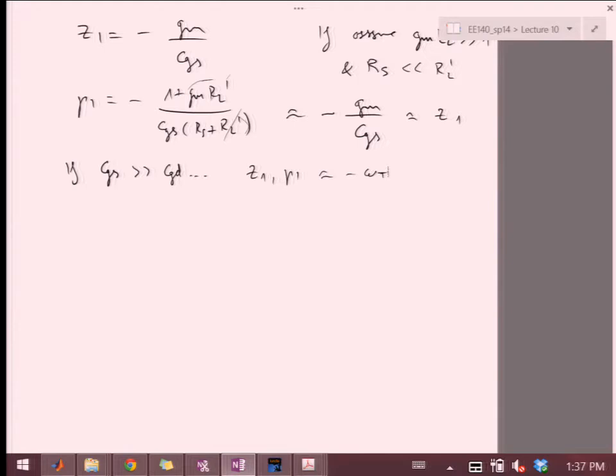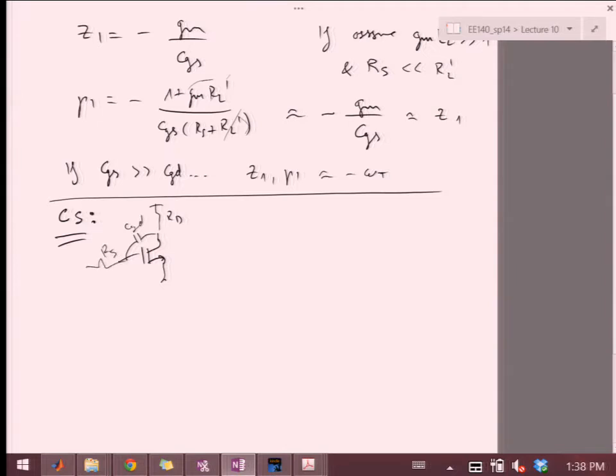Okay. So just to complete, if you looked at the book, we've skipped the full analysis for the common source because it's a little bit involved. It will take a little bit of time in the lecture. I just did the poles, pole 1 and pole 2. But since the transistor has this CGD that goes to the output, of course there is a zero there as well because it bridges the input to the output, right? And so the magnitude of that zero is,